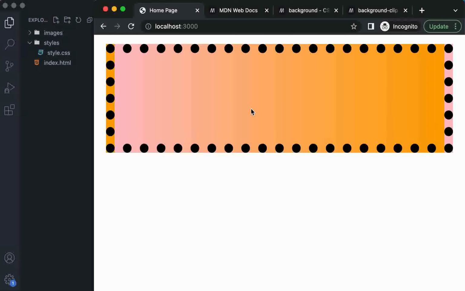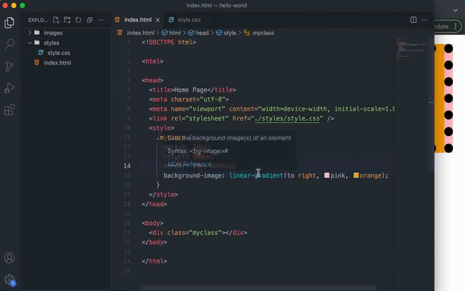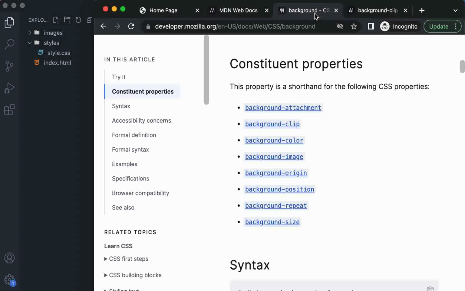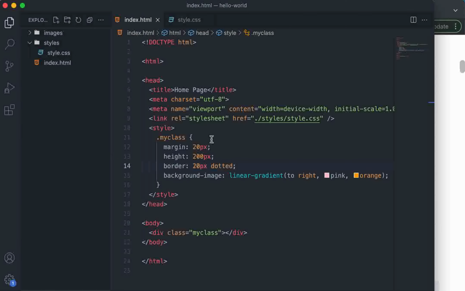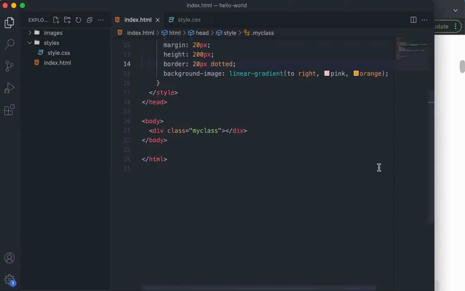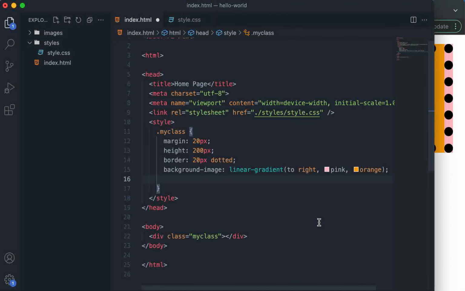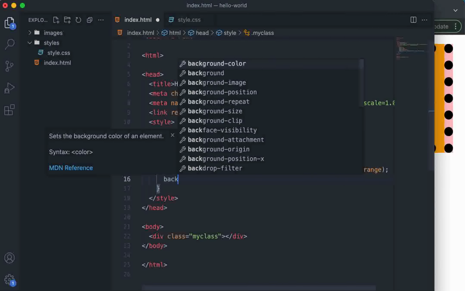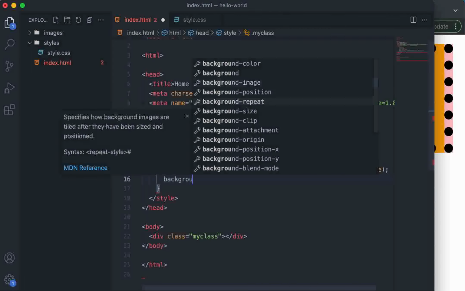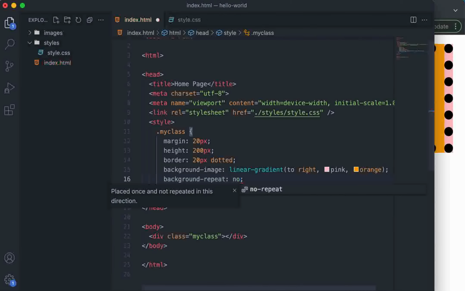Can it be there? If that is the case or not, how can we prove that? We can prove that by one of the properties in the documentation, right? So we saw that background-repeat is the one that repeats. Let's try to set this background-repeat to no-repeat, and let's see what happens. So background-repeat: no-repeat, and if we save that,